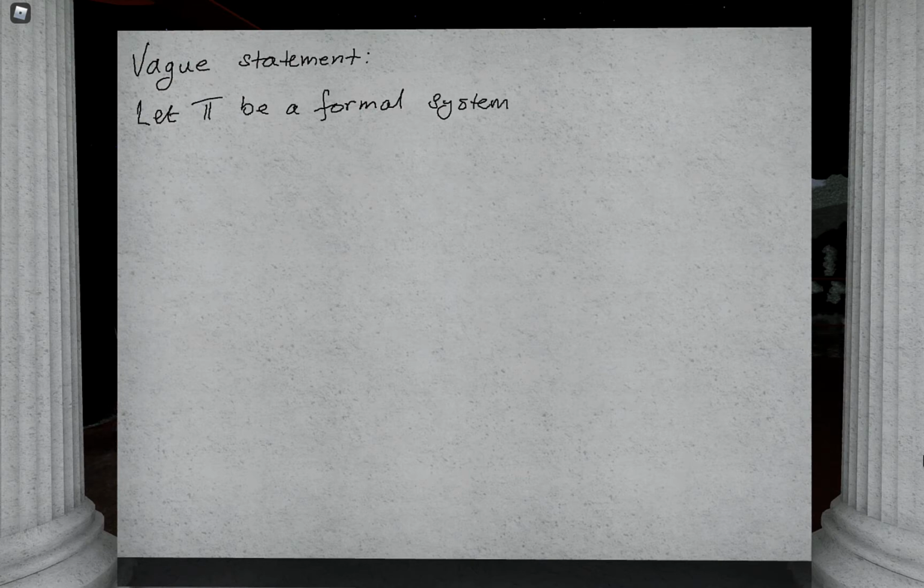Okay, so Gödel's first incompleteness theorem holds in a very broad setting. Indeed, we have the following vague way of expressing Gödel's first incompleteness theorem, which I'll write down. So here's the vague statement. Let T be a formal system expressing arithmetic.